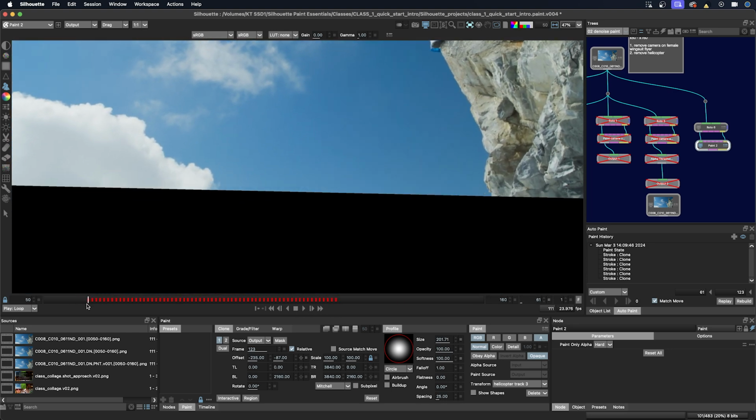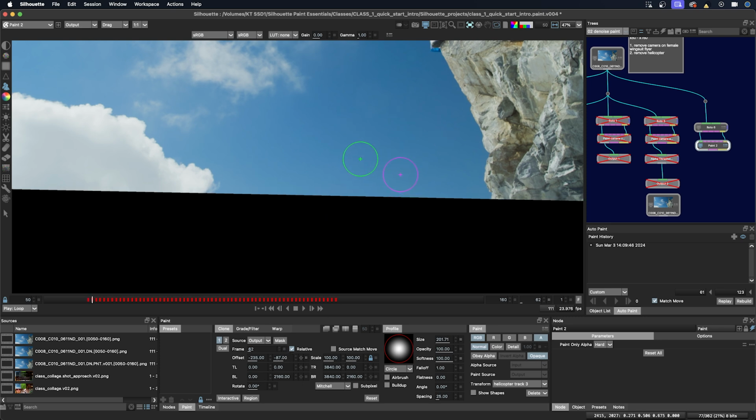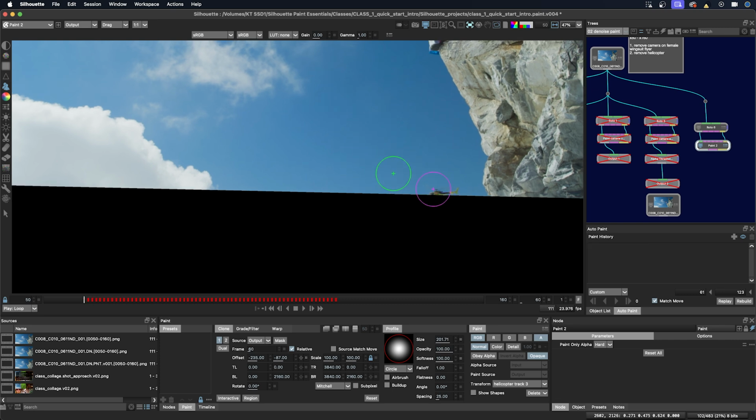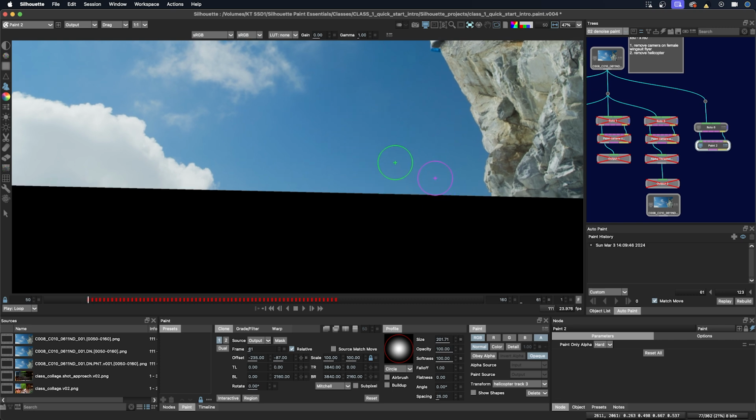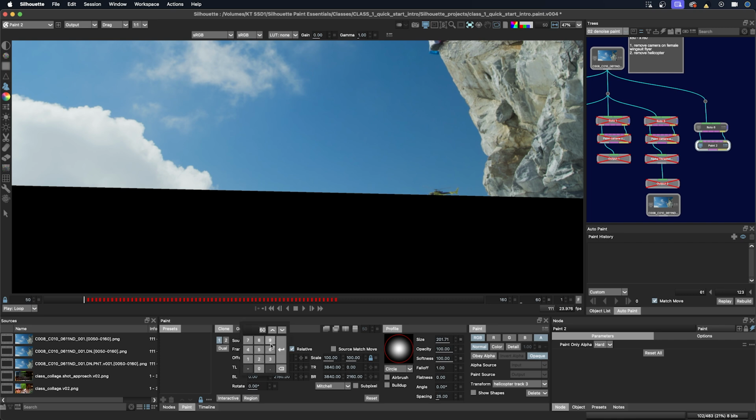So we'll start at the head. So this will just be a manual paint pulling from the frame before. I'm just going to, let's see here, and use frame. So this frame is clean, 61, and here's the helicopter in 60. So I'm going to use frame 61 as my source.